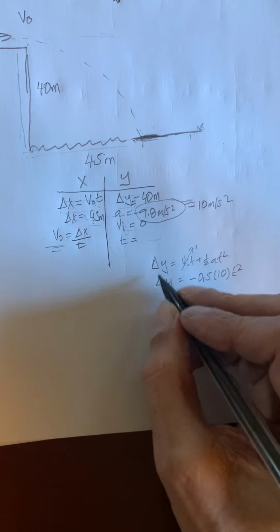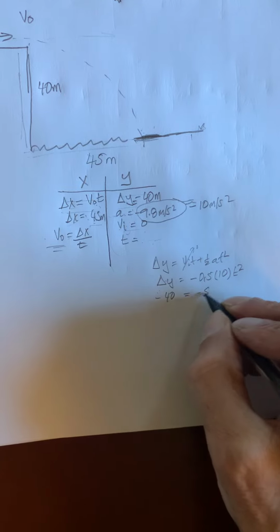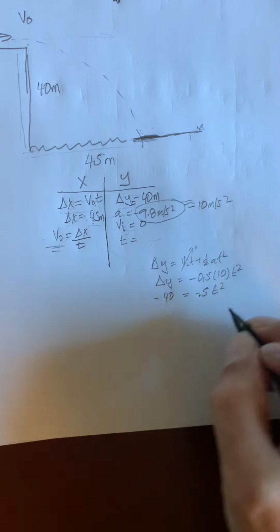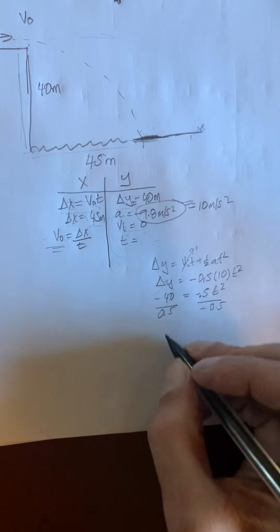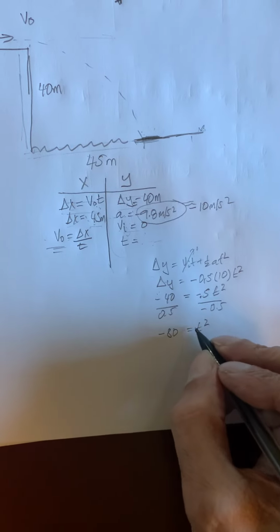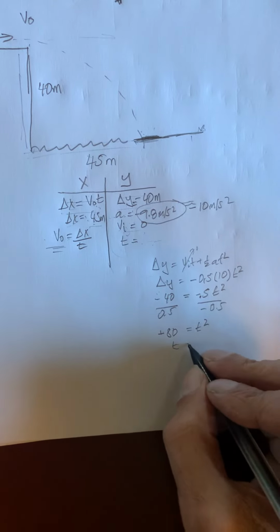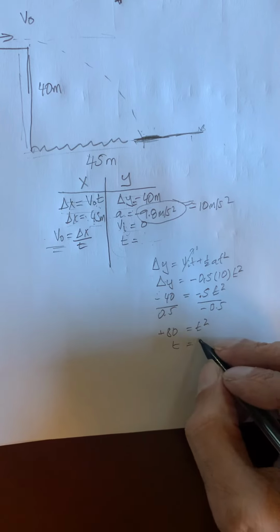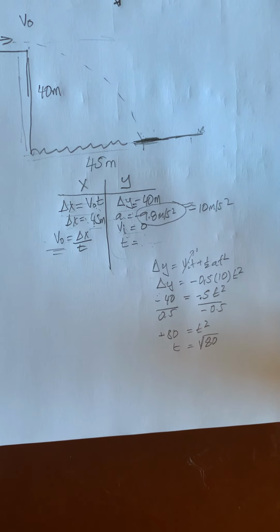We can say then delta y, of course, was negative 40. So negative 40 equals negative 0.5 t squared. I divide both sides by negative 0.5. That becomes negative 80 equals negative t squared. Or these negatives cancel, so just make them all positive. So t would equal the square root of 80. Okay, which, if I were to ask you to guess how long that was,